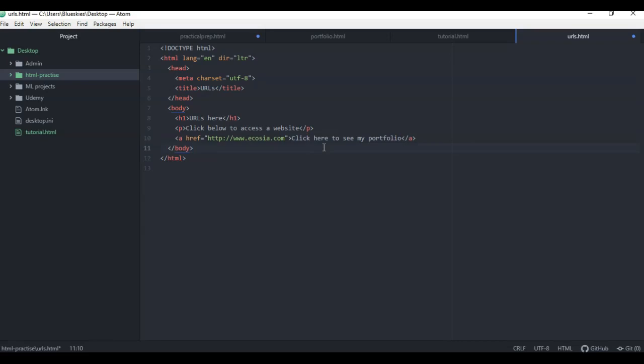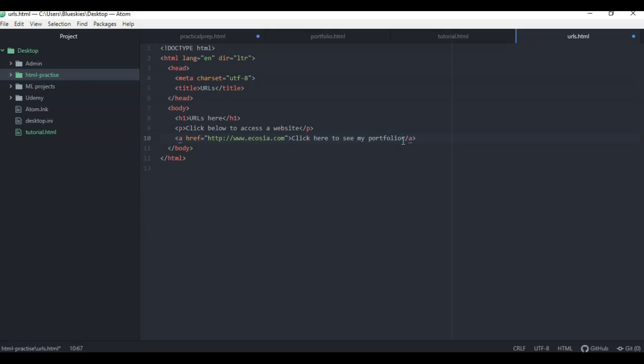So I'll be showing you in future lectures that you don't just need to have text, you could actually have an image that someone could click to go to a website. But for now, just keep in mind that you want to be using this A tag and the href inside of the tag to dictate where the user goes, and then having the text in between the opening and closing tags. So what I recommend you do now is create your own basic web page now, similar to this, and